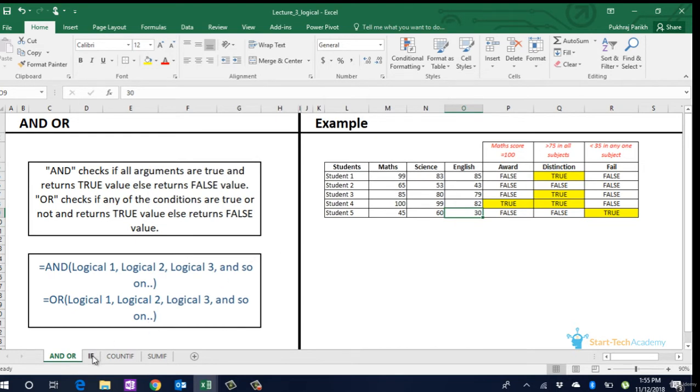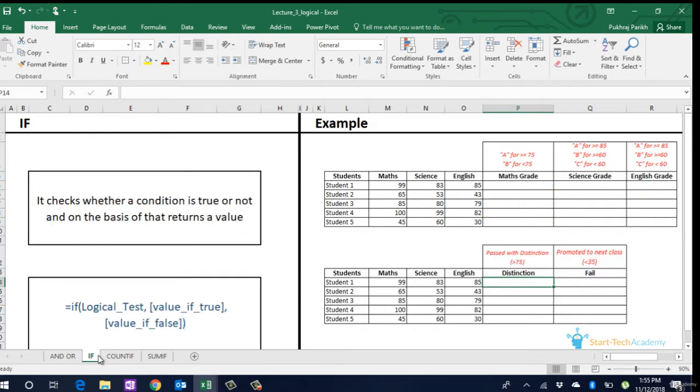Let's move on to the next formula, which is the IF formula. This formula uses the outcome of the logical test that we discussed previously and gives predefined outputs for true and false outcomes.